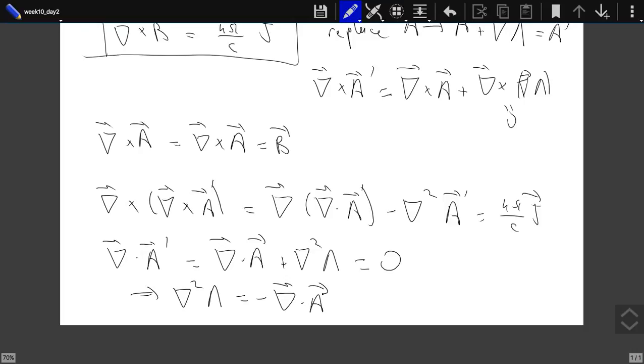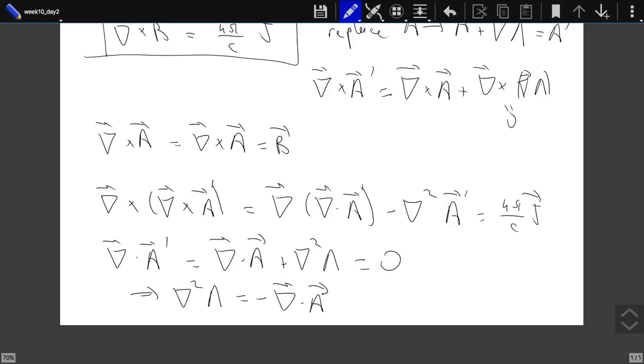We have B, a given B. We found A, which doesn't have a 0 divergence. Now I'm just asking, is it possible to choose lambda such that A prime has 0 divergence? To find such a lambda, I have to solve this equation, this Poisson's equation. So A is known, the divergence of A is known. If I can solve this Poisson's equation, then I can determine A prime such that the divergence of A prime